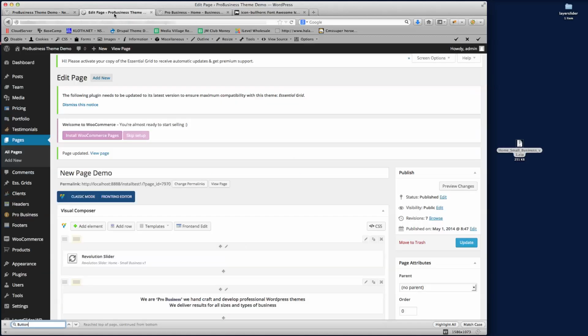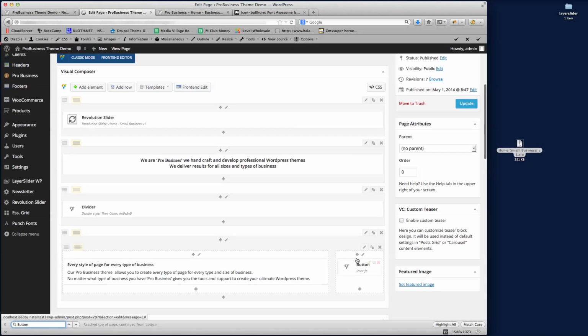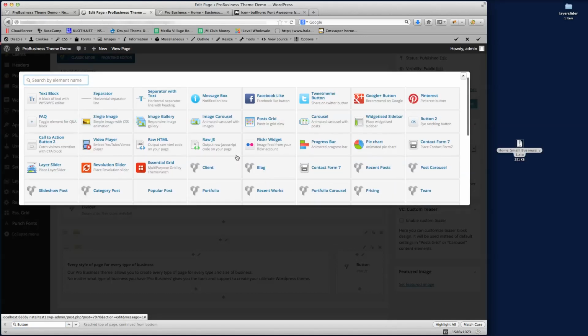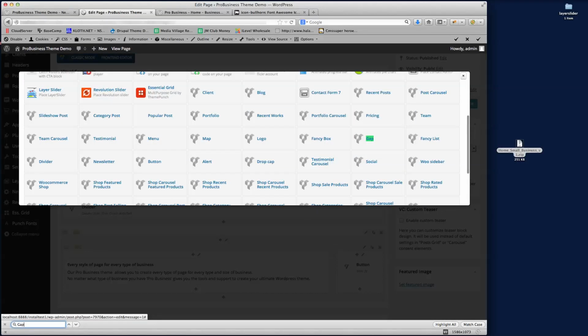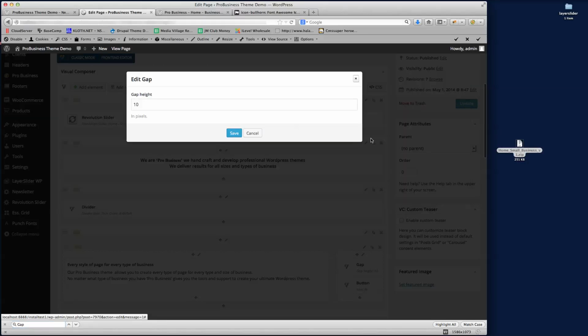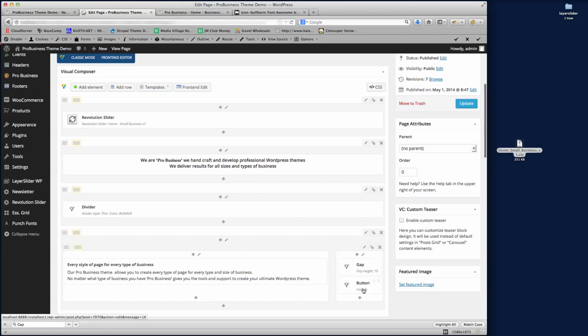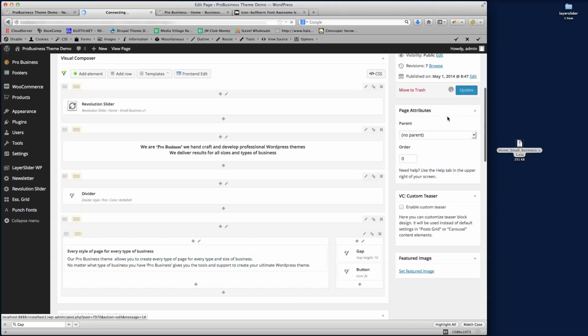and we just need to position this show me button within the welcome box. So what I'm going to do is I'm just going to click the plus icon here above the button, which will allow us to choose a gap. So if I just type in gap, so we're just going to choose gap, and then we'll just put a gap of 10 in there. So we just got that gap there. So if I update that again,